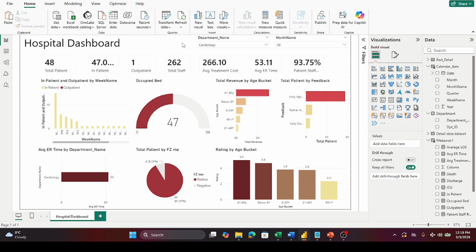We will have a different view. You see, in cardiology, we have only inpatient. And let's see what else we have. Oncology,